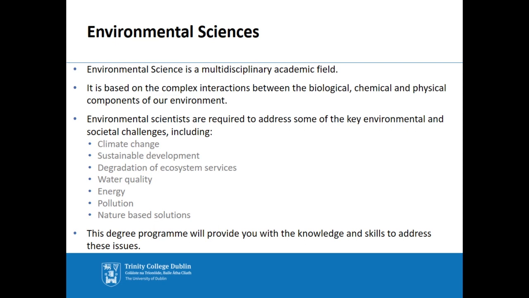Environmental science is a multidisciplinary academic field, and this is reflected by the staff that teach onto this program. Staff from the Centre for the Environment, from the zoology, botany, geography, geology, and engineering disciplines all contribute to teaching on this program. The subject area covers the complex interactions between the biological, chemical, and physical components of our environment. And it's very important to address this from a multidisciplinary academic field so that environmental scientists and graduates that come out of this program have the skill set that's required to address some of the key environmental and societal